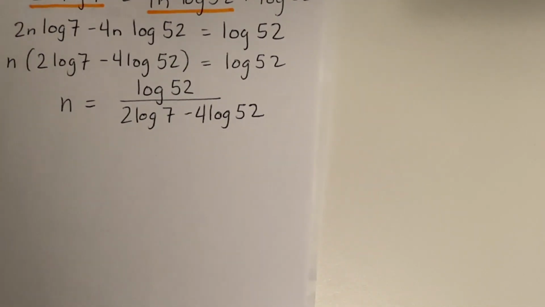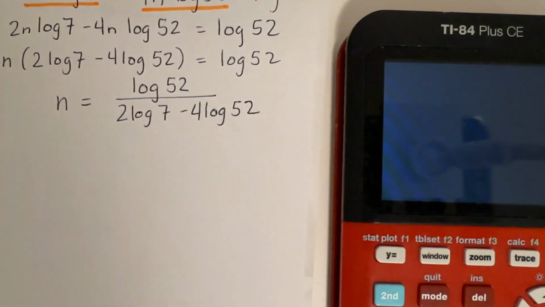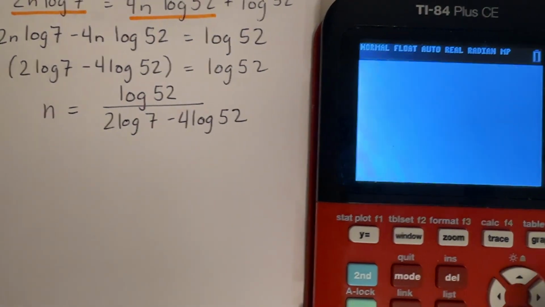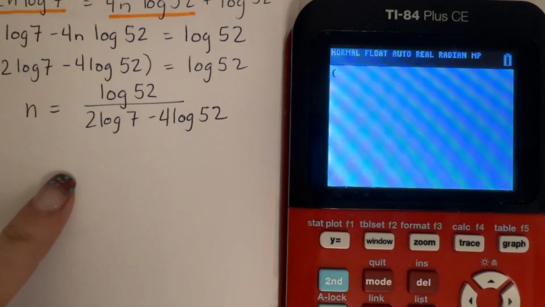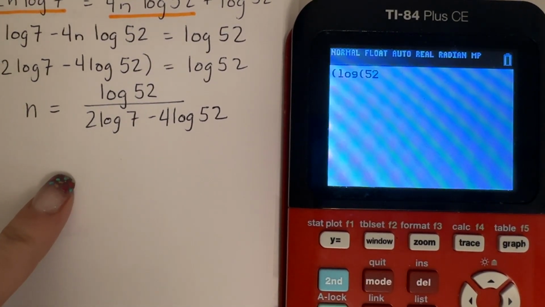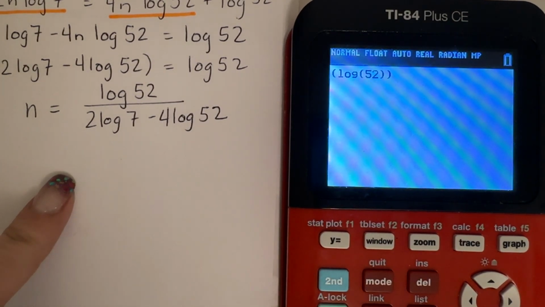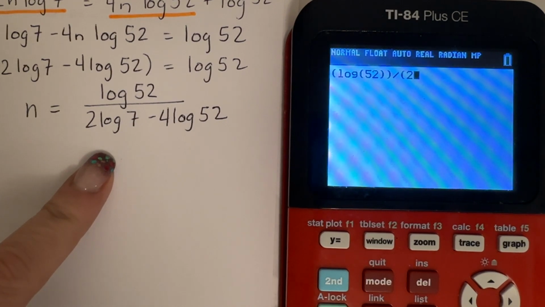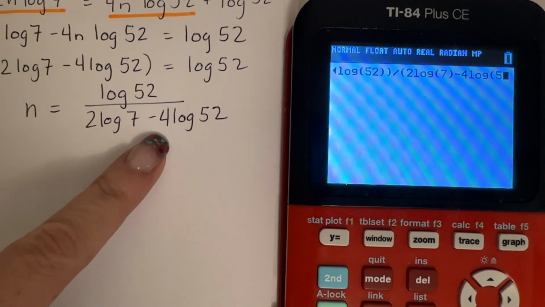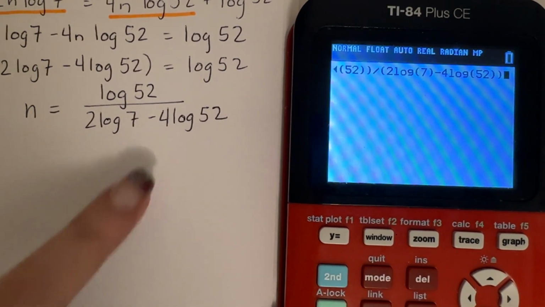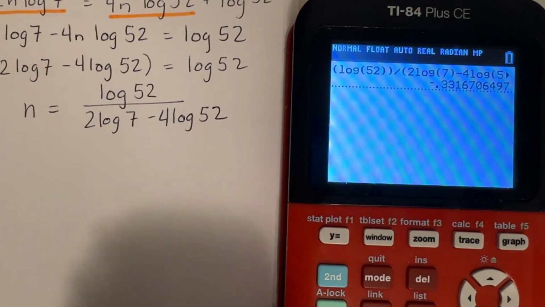Let me grab my calculator so you can see it. Now, again, I don't have that N over D nice fraction thing, so I've just got to do my numerator and denominator. So parenthesis around my numerator, log 52, close parenthesis, close parenthesis. So that's my numerator, divided by my denominator: 2 log 7 minus 4 log 52. Okay, and there is my decimal answer,